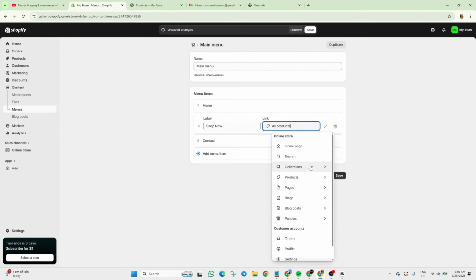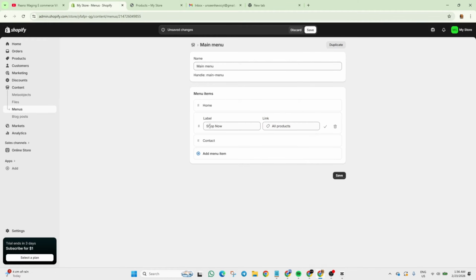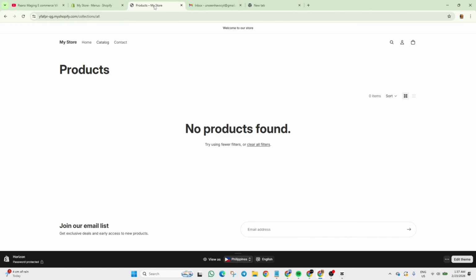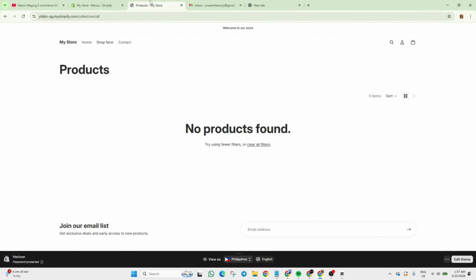You can choose a certain collection, a product, or a page, you can just choose here. So I change it to shop now and save. And then let's refresh. See, it just changed. Dito mo i-edit yung menu ng store mo. So this is actually a live store.